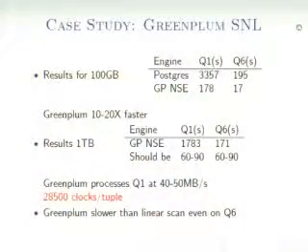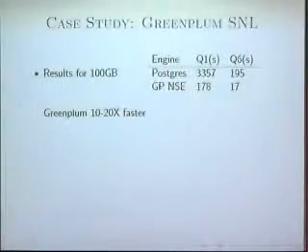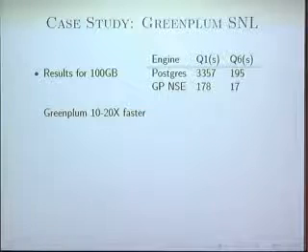Okay. All right. So now, if you go with the published numbers, the comparison at 100 gigabytes for query 1. I'm showing query 1 and query 6 here only. Right? You notice that GREENPLUM is doing 20 times better on query 1 than POSTGRES, and about 10 times better on query 6 than POSTGRES. Now, of course, why is GREENPLUM working better? Well, because they actually use all the 8 cores. POSTGRES pretty much uses only 1 because of the architecture of the system, right? They also used hyperthreading, so they fired up 16, not 8 cores. Okay, so this is great news for GREENPLUM because their database is 10 to 20 times faster.